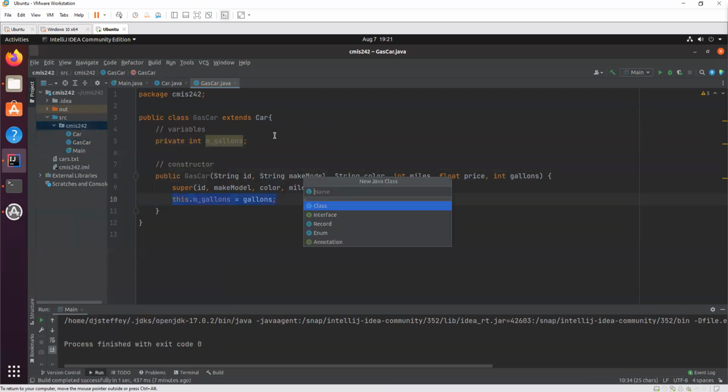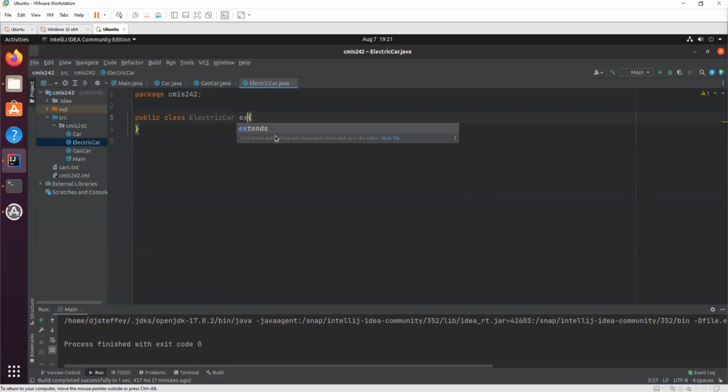Let's make an electric car. Electric car. It will also extend car. Its variable will be, say, how much charge is on the battery. We're just going to call it charge.